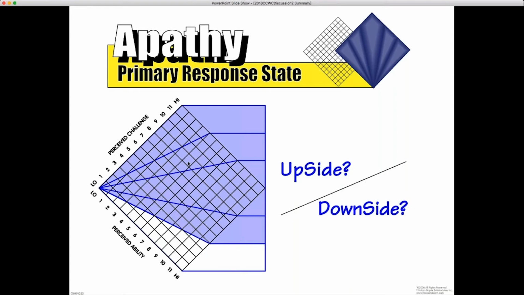Right. Yeah. So, look, if you like how things are going and things are going well, apathy may be a fine place to be. You're good at it. You don't need to get better just to have more challenge because you can. You don't need to get better at every single thing you do. But if that activity is in the way of a bigger result, then we need to analyze: do we want to stay in apathy?